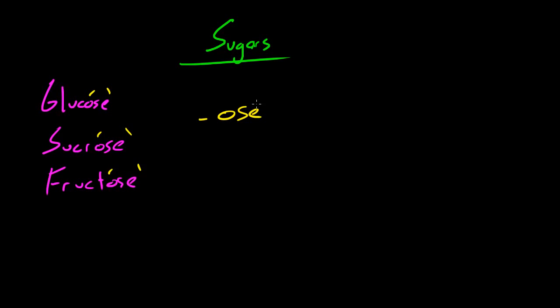Now, sugars are a special type of carbohydrate, and a property that they have is that they dissolve in water. And another cool thing is that they usually taste sweet and they form crystals. And just to show you guys the chemical formula of this, glucose has the chemical formula of